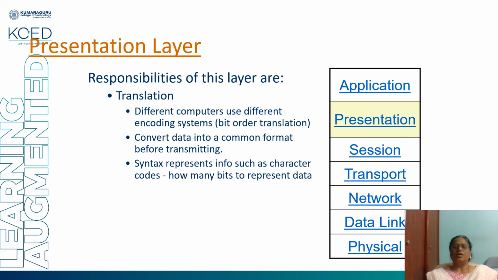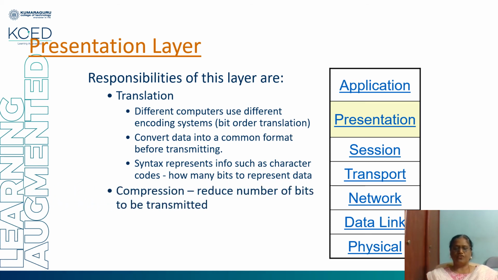So it is the duty of the presentation layer to do the translation to a common format. This syntax refers to information such as character codes. So it also does some character conversion. If one system uses ASCII and another uses EBCDIC, it is the duty of the presentation layer to convert